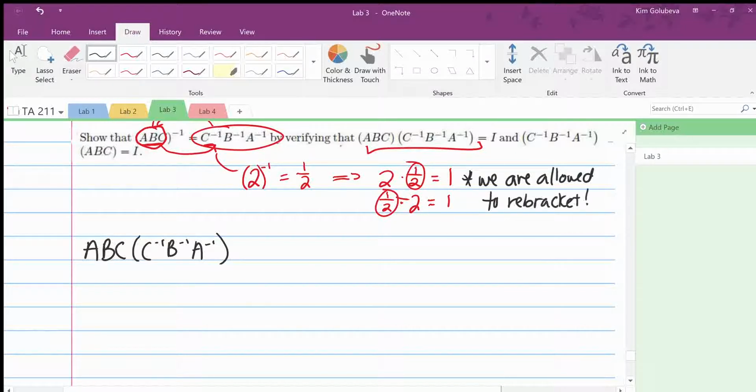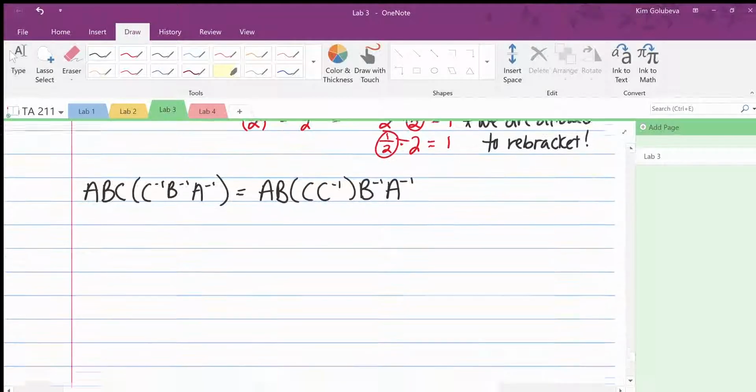We are not allowed to change the order of these things at all, so we can't just move the B over here. We can't do that. But we can rebracket. In this case, it works out for us. So don't try and move things around. You can rebracket though. So in this case, we'll have AB, and we have C times C inverse, B inverse,